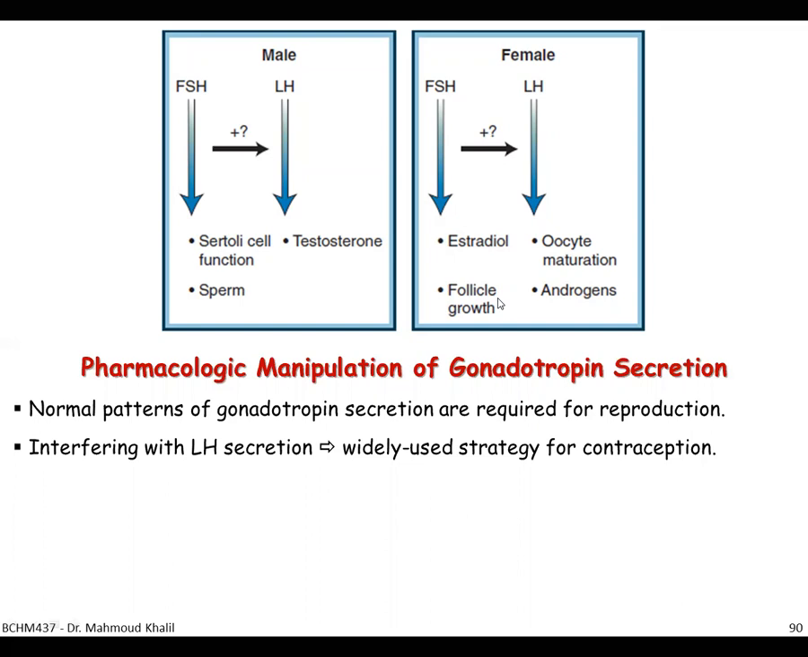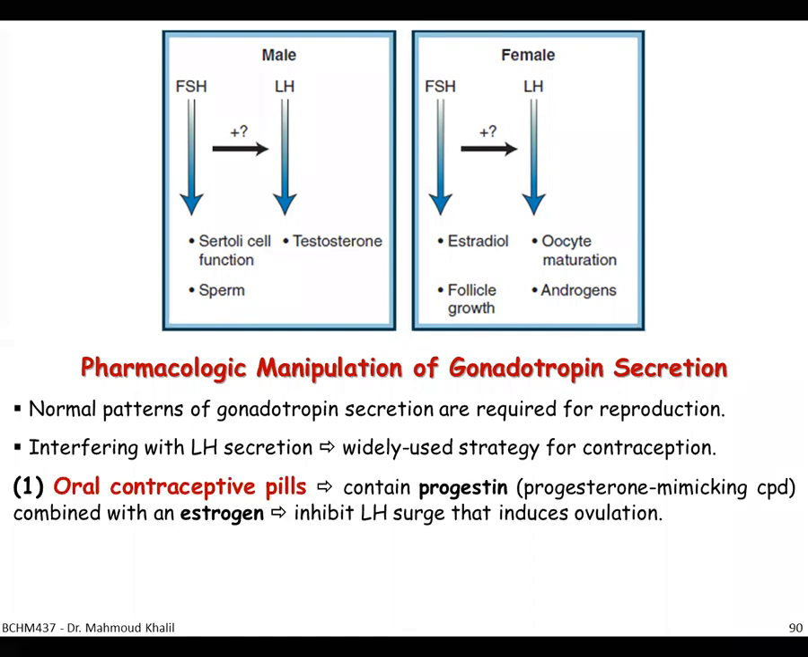So how is the gonadotropin secretion pharmacologically manipulated? That means what kinds of drugs or medication are used to control the gonadotropin secretion. The normal patterns of gonadotropin secretion are required for reproduction. So interfering with the LH secretion is widely used as a strategy for contraception, of course, to regulate the reproduction. So the first approach as a medication is the oral